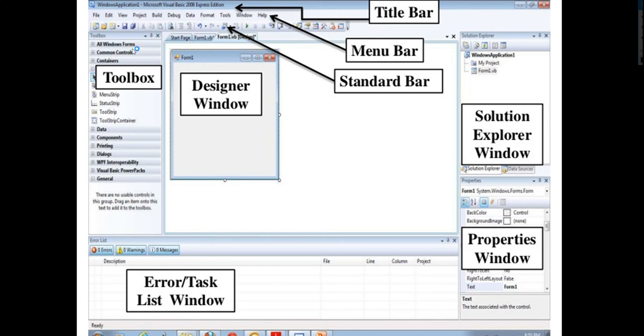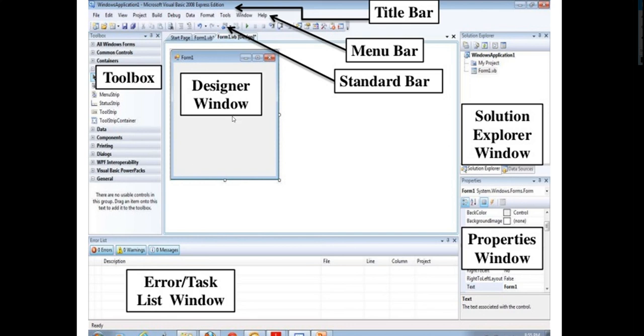Then you can say these are all the toolbar. The toolbar consists of small icons, so it contains these small icons that give us access to frequently used menu items. We can use these icons frequently, and they act as a shortcut to the options available in the menu bar. So whatever options are there in our menu bar, those shortcuts are present in this toolbar.